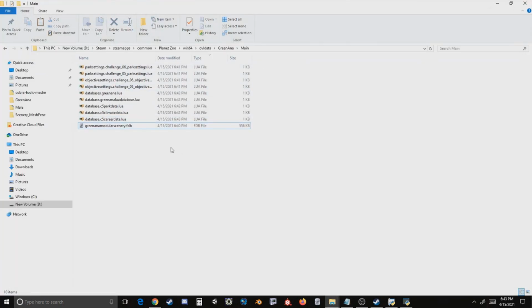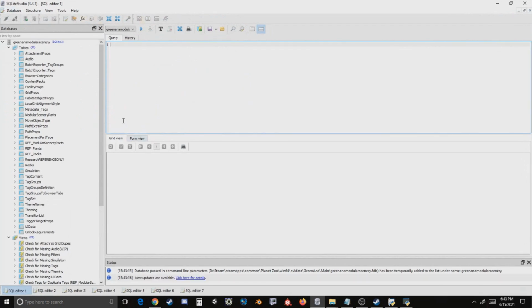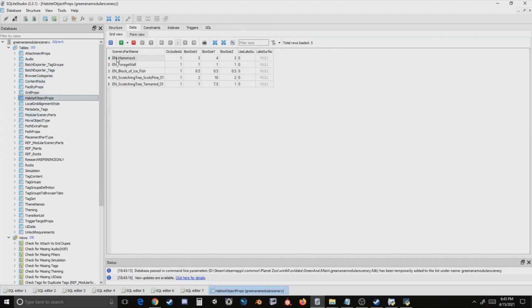So now that we did all of our Lua files, we can start on our FDB file. So to edit an FDB file, you're going to need a program called SQLite Studio, and you can download that in the description. And this is going to be the program that you're going to want to edit everything with in the actual FDBs. So to get started, we're going to actually go into habitat object props and just delete